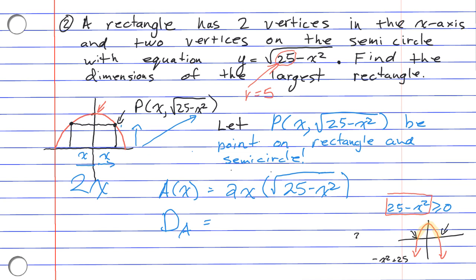So just start with 25 minus x squared equals 0 and factor. 0 is equal to 5 minus x times 5 plus x. And so all we want is all this information in between here. Now, if you go to 5 for each edge, here's what will happen. You're going to end up with that being 0. Okay? So when you factor this thing, you're going to get x is